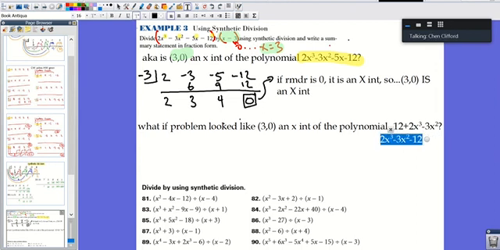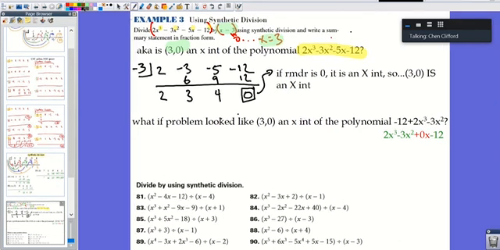So I arranged it in order, and you have to put a placeholder, plus 0x. So that's key. Look at that placeholder of 0x right there. Let me put that in red. You have to have the exponents from largest to smallest, 3, 2, 1, 0. You can't skip 3, 2, and then jump to 0 when you do synthetic division. So now you would have this,